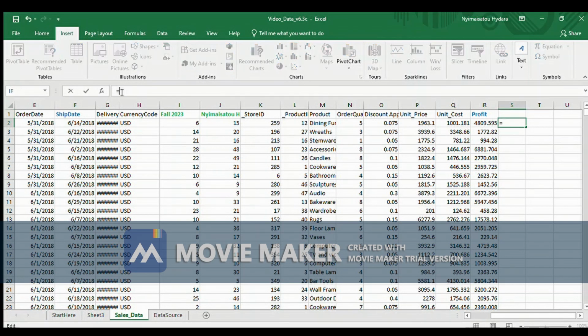click equal on your keyboard, and the unit price is in cell P2, so click on P2 minus the unit cost is in cell Q2, so click on Q2, divide that by the unit price, cell P2. Now click enter. Excel has calculated the formula for us, and we want to duplicate this information for the rest